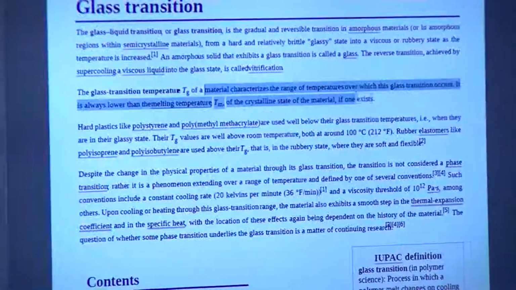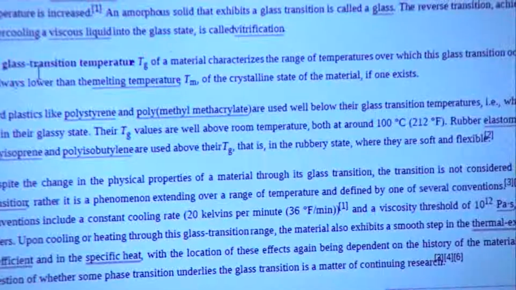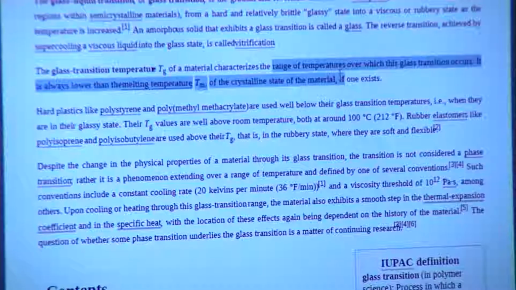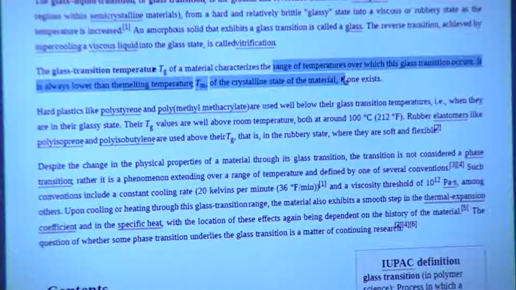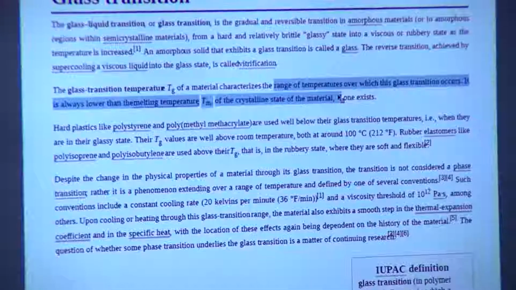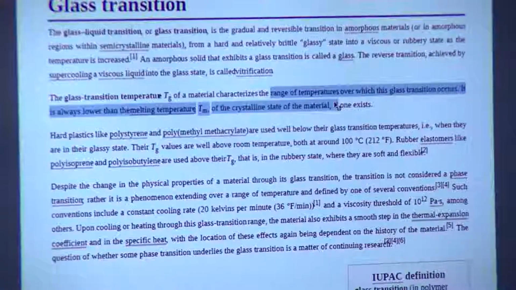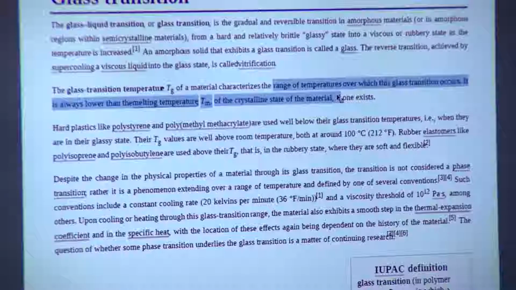And glass transition temperature of a material characterizes the range of temperatures. This is interesting, you see. They call it a single temperature here, but it is actually a range of temperatures over which the glass transition occurs. That means there is no unique golden number; it depends on the measurement technique you use. That is why I asked you, did they give qualifiers? If they are not given qualifiers, it is not a complete description of the data. You will have to give qualifiers. For instance, what measurement did you use?